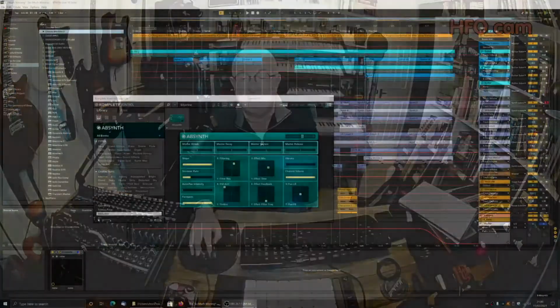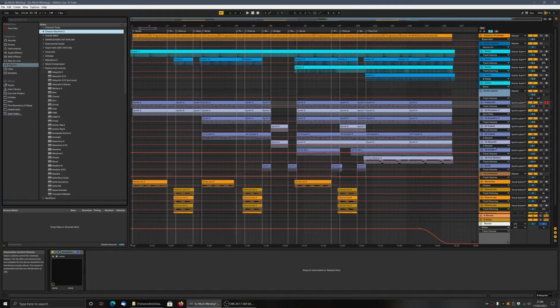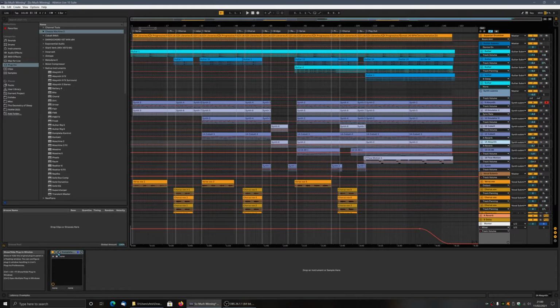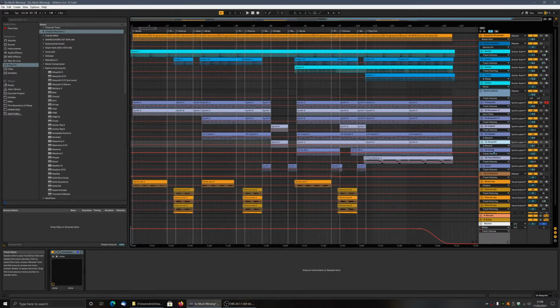So yes. So we're back to, I was actually talking about the synths, wasn't I? So yeah, Absynth. Lots of Absynth on this. The other Absynth pack that I got is called Beautiful Sky. Doesn't sound skyish to me, but apparently that's what it is. So again, reinforcing the bass. Plenty of cobalt on here, warm pads,